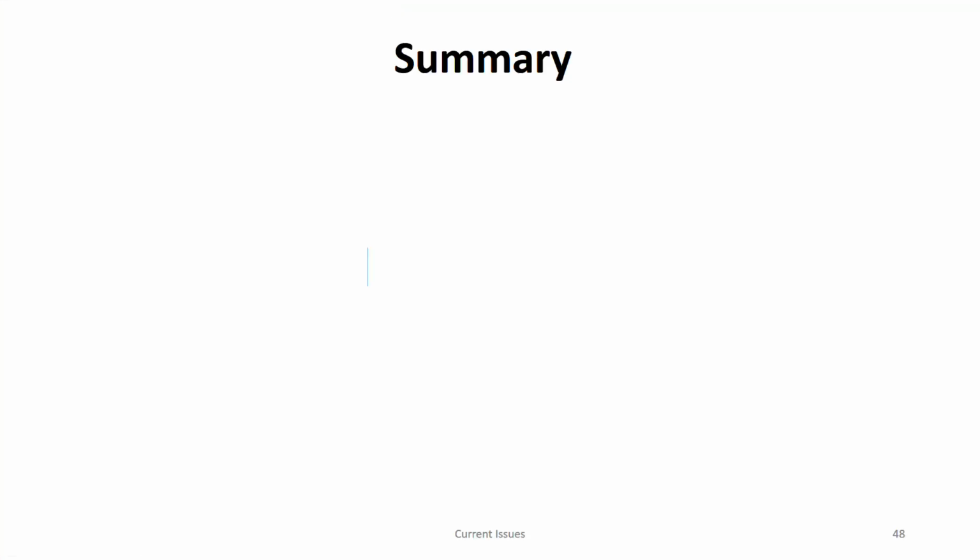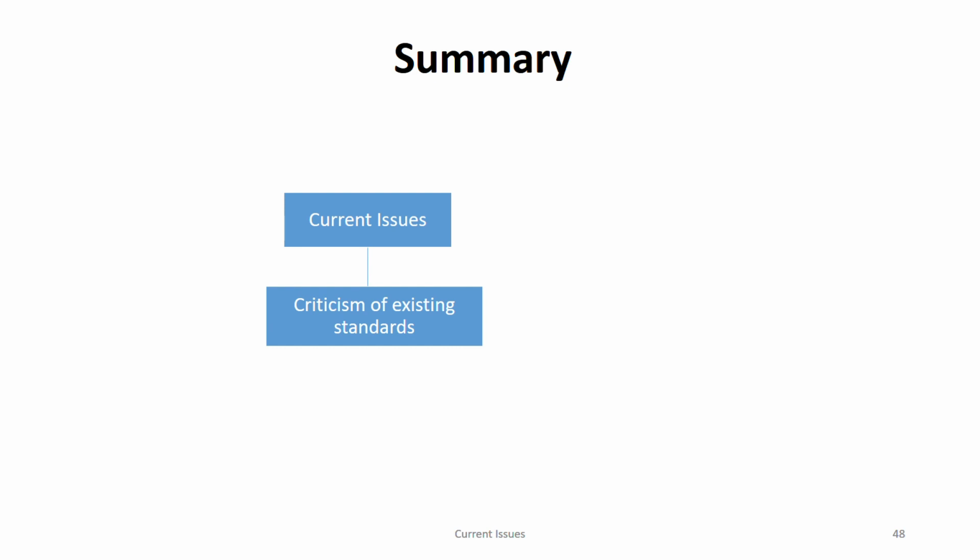So that's it. Now let's summarize everything that we have discussed today under current issue. Okay. So we started with the current issue. We have talked that under current issues we have some criticisms of existing standards, which I have given you a table. That some specific standards has been criticized and it has been explained in the certain chapter. I've given the chapter number also according to the Kaplan textbook. So make sure that you go through those. And also my videos are there, so you can check out those videos also.